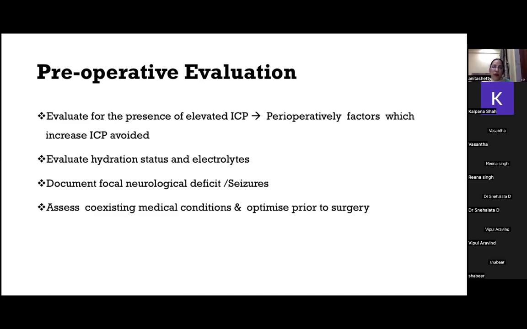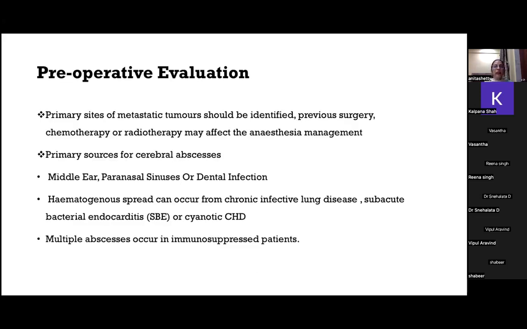If they have focal neurological deficit or seizures, document them. Assess for the coexisting medical condition, and especially the cardiorespiratory condition should be optimized prior to surgery for optimal cerebral perfusion pressure and oxygenation. Then the primary site of metastatic tumor should be sought for and identified, because previous surgery, chemotherapy, and radiotherapy may